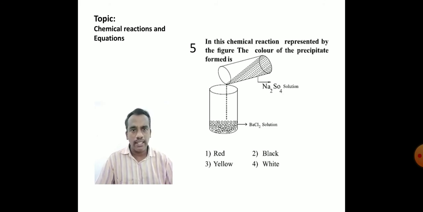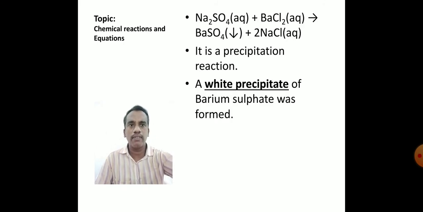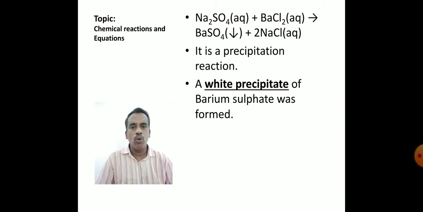Yes, it is colorless. But when sodium sulfate is added to barium chloride, what type of chemical reaction will happen here? Do you remember the type of reaction, and can you balance the equation? Yes, let us balance the equation here. We already learnt that sodium sulfate, when reacted with barium chloride, forms a barium sulfate precipitate and also sodium chloride. The precipitate is the insoluble substance that settles at the bottom of the test tube, hence it is written with a down arrow.